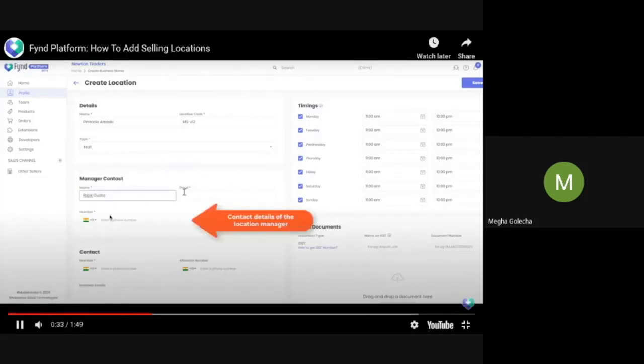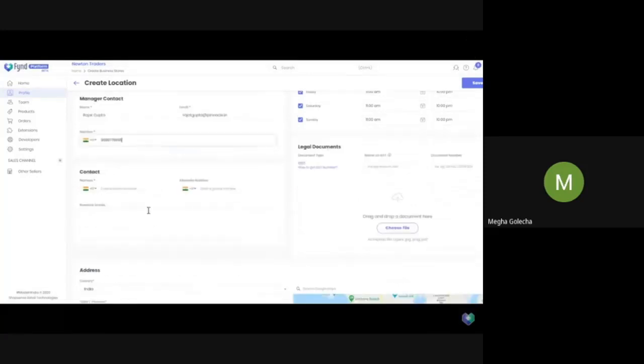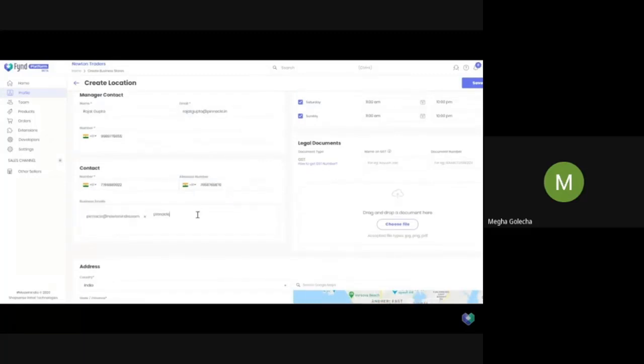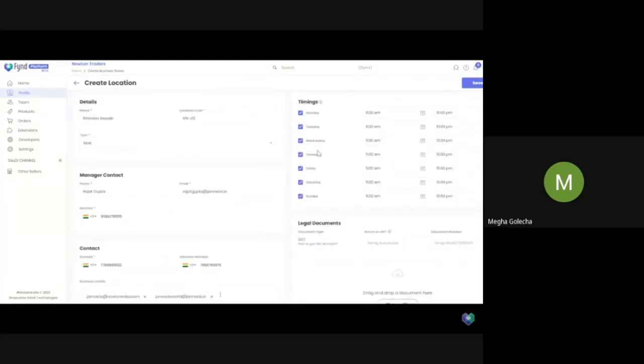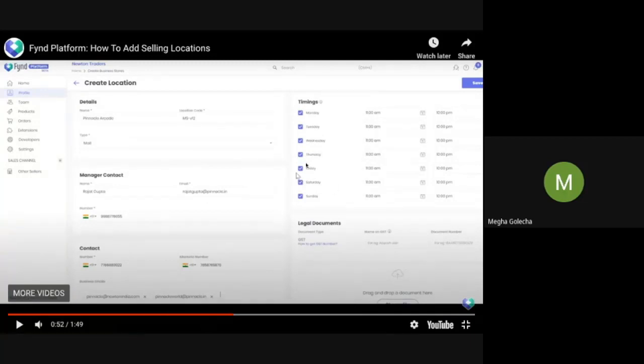Then you have to add the contact details of the manager present at the store, warehouse, or high street store. You need to enter the business emails that you would like to receive the emails about the orders. The timings are very important because according to these timings, the delivery partner will arrange their pickups.